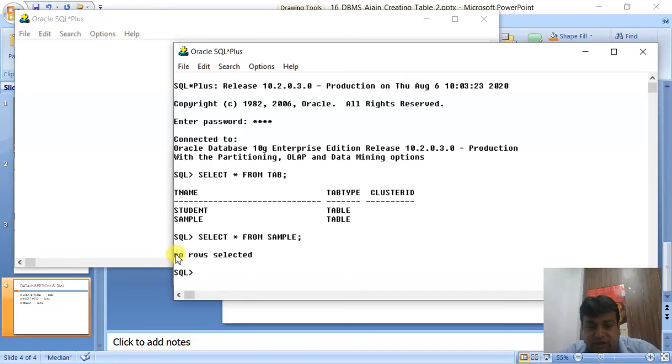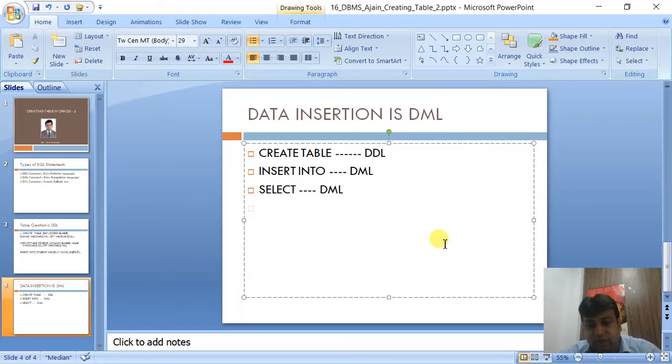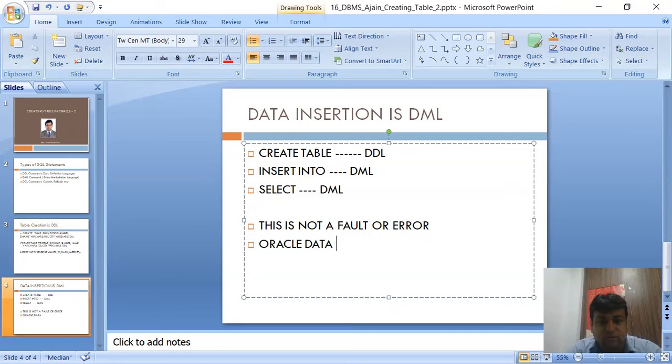I have just entered two records, but now you see what will happen. No record selected. Why? The data has gone. See, it is not an error. This is not a fault or error. It is the Oracle data storage mechanism, or what we can call the transaction mechanism.